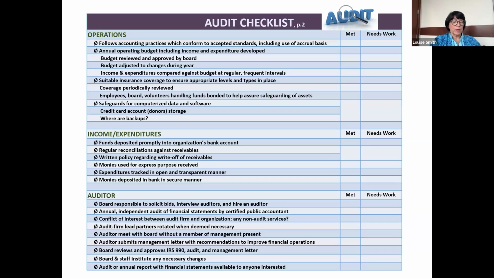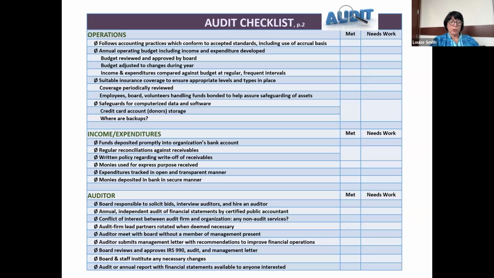Do you have safeguards for the credit card information? You know, that's a whole separate area with this PCI DSS compliance that most likely your executive directors are having to sign something with the provider saying, yes, we use encryption, we limit access. And most of your organizations today use third-party providers like Stripe or PayPal to receive donations electronically, usually via your website, because these are the most secure ways to do it.